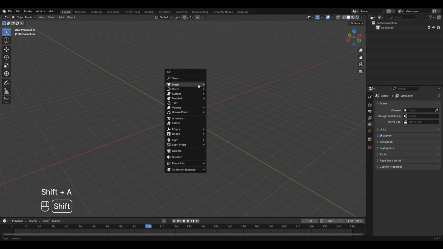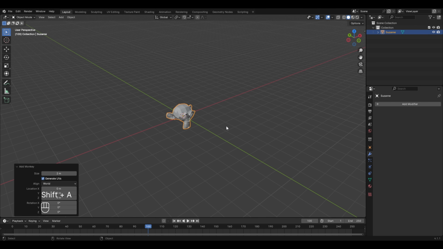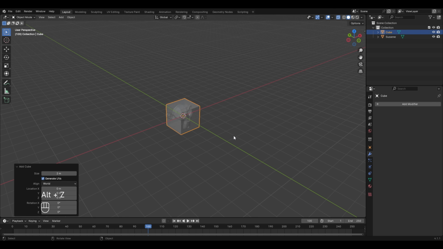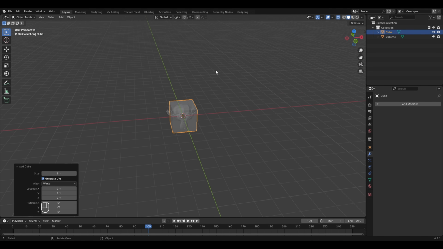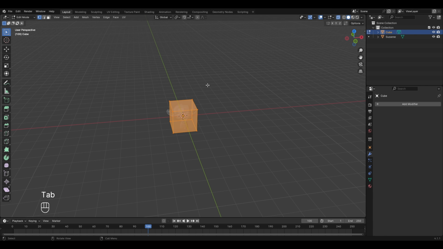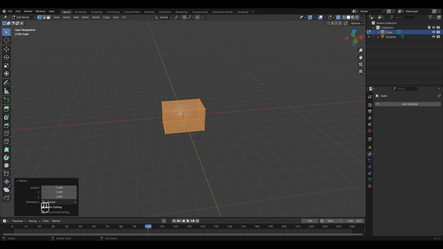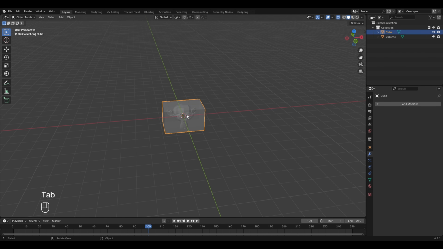delete all objects. And now let's add a Suzanne or the monkey model in our scene, and to make a cage around it, let's add a cube. Let's turn on the X-ray mode to see both the objects properly. Let's tab into the edit mode with the cube selected and scale it up in X direction so that it completely covers the monkey or the Suzanne model. And let's subdivide this cube 2 to 3 times so that it would be easy to deform our monkey or